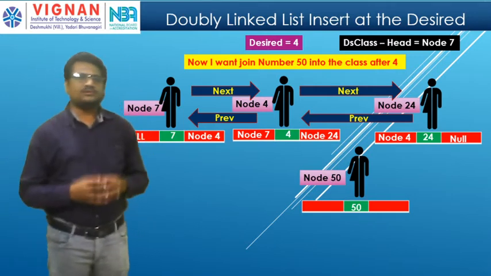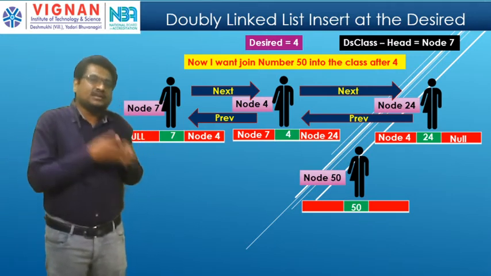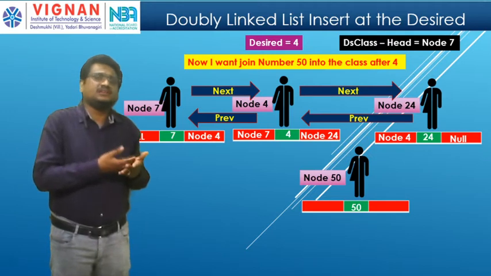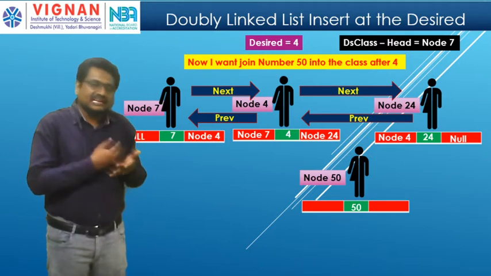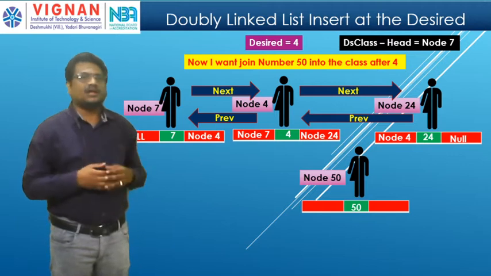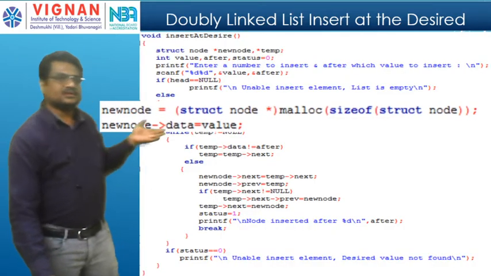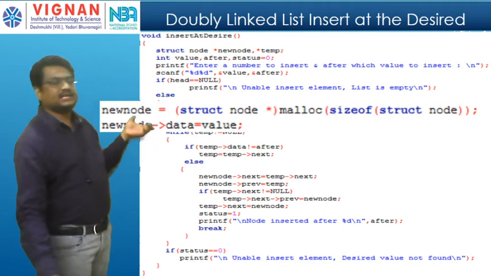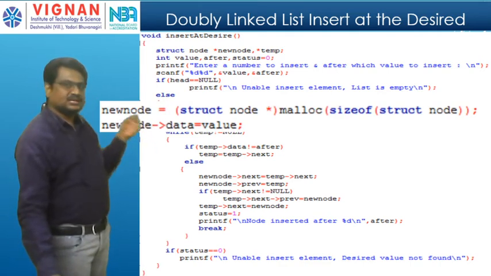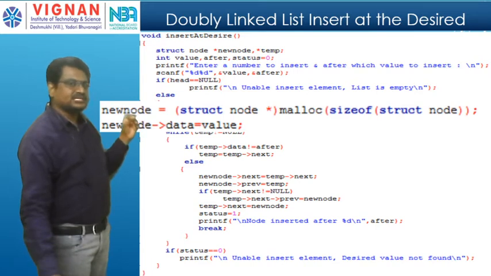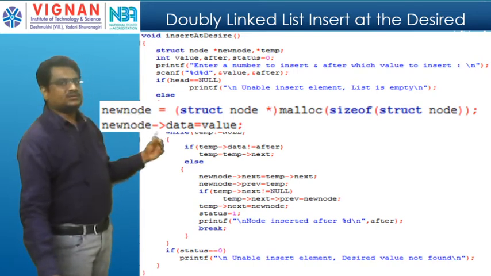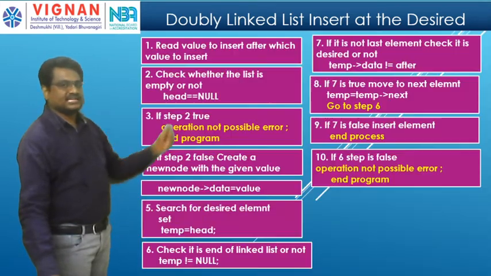Now, what do I have to do? I need to check whether the 4 is available in the class, or in the linked list, or not. First, I need to check. How to check? Okay, this is the code for creating a node. As you previously saw, it is the code. You already saw it in the starting and ending insertions also. I don't need to explain it here. Now I'm doing only the data operation. I'm not inserting any previous or next elements.